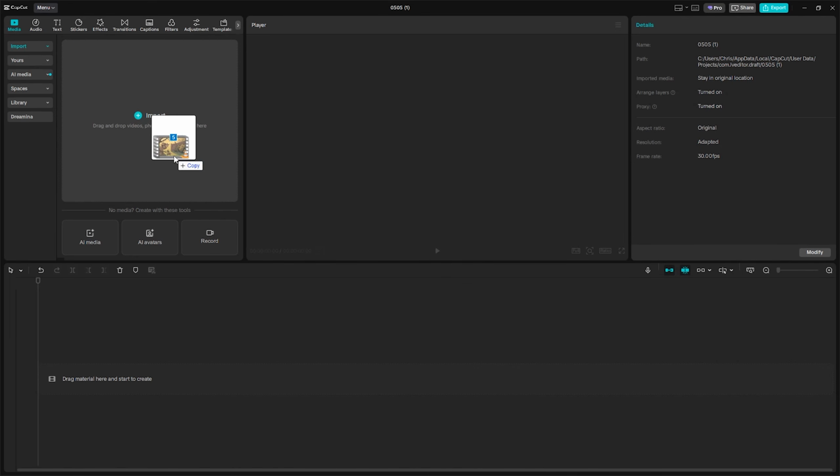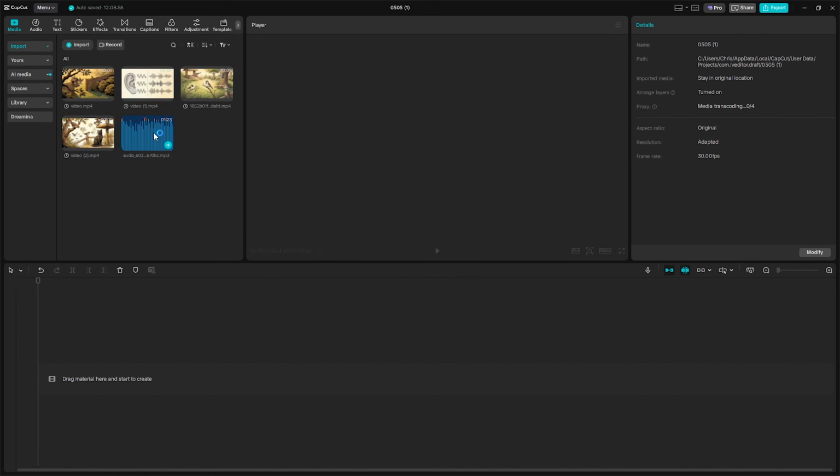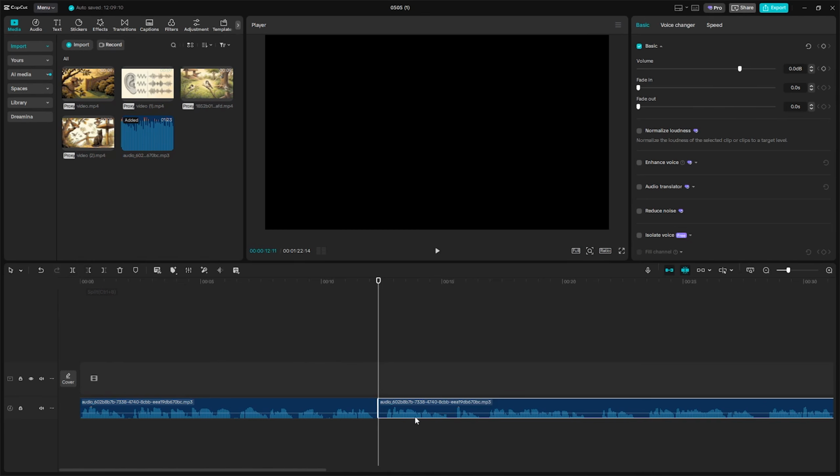Once you're done, the last step is to put everything together using CapCut. Just make sure it's open, and then bring in all your resources. That includes the video clips and voiceover. Drop them inside CapCut and then add the voiceover to the timeline. Make sure you go through to remove any long pauses if there are any. This is very necessary because you don't want your video to be too slow.